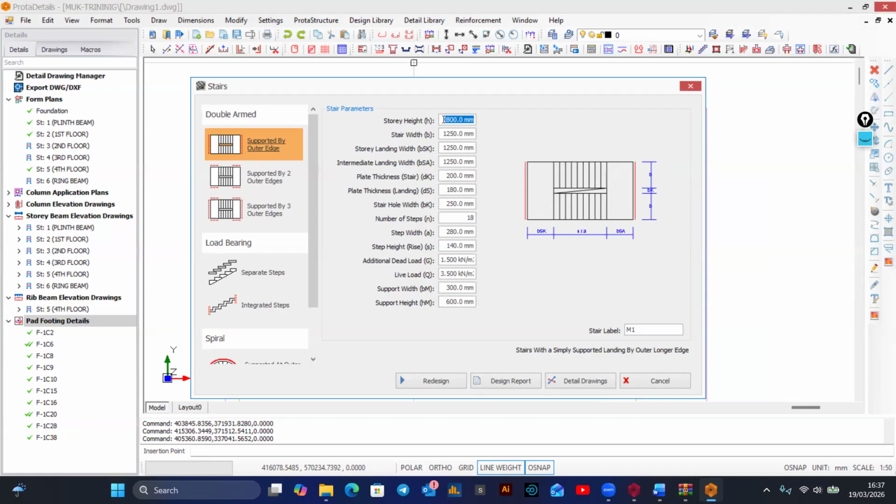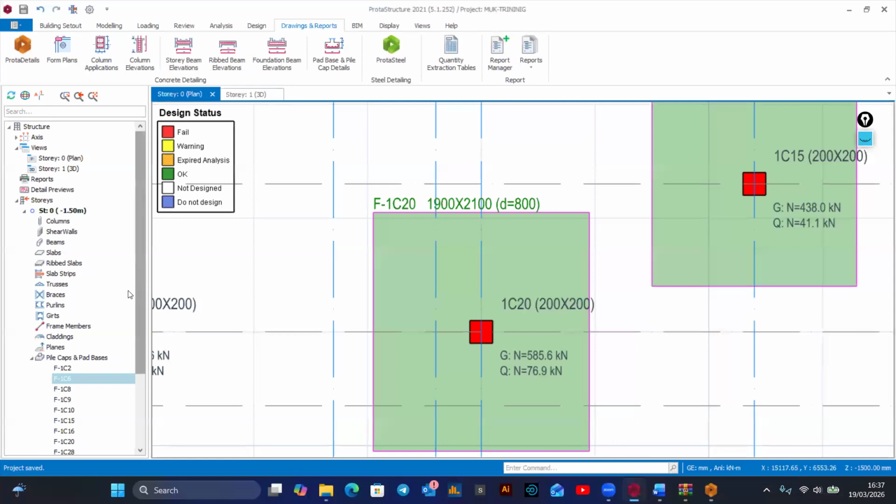I'll go to the story height. You put the story height. Our story height was 3 point what? What was our headroom? 3,200. Was it 3,200? Yes,